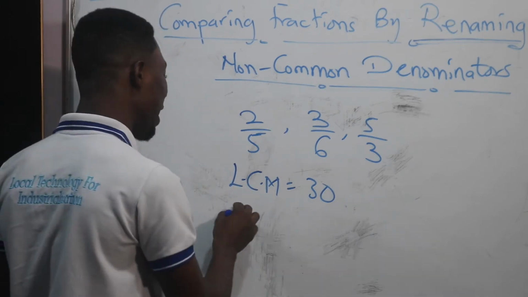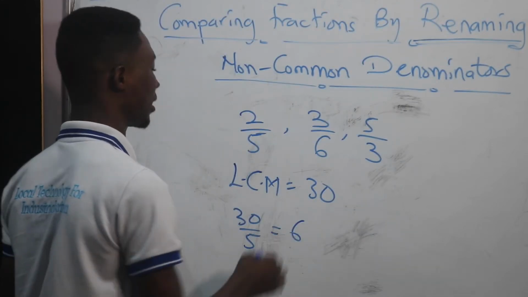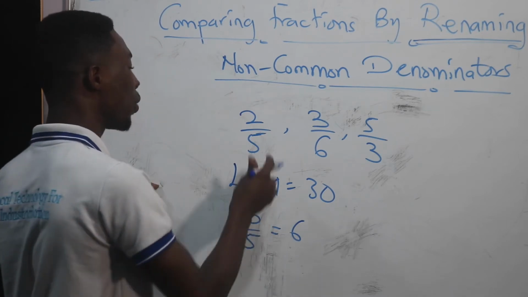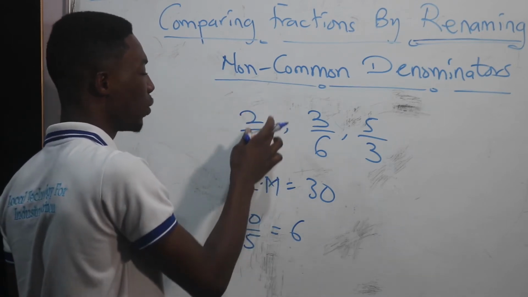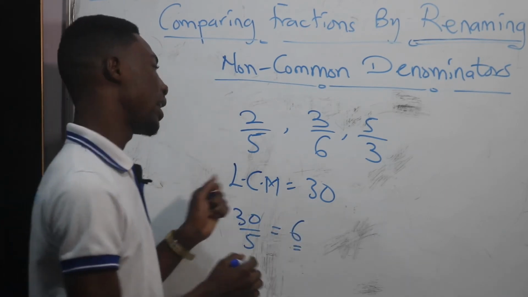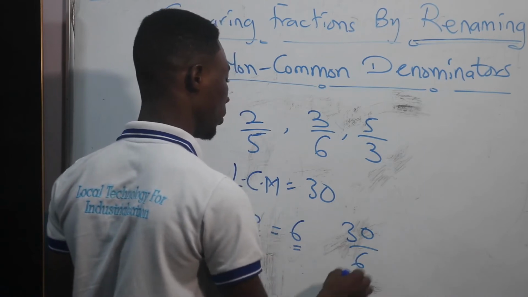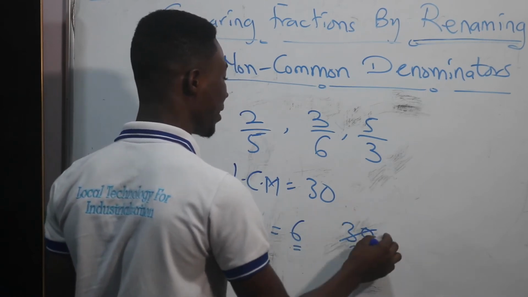So dividing 30 by 5, I am going to get 6, meaning that I have to multiply both the numerator and the denominator of 2 out of 5 by 6. Then I take 30 and divide by 6. When I divide 30 by 6, I get